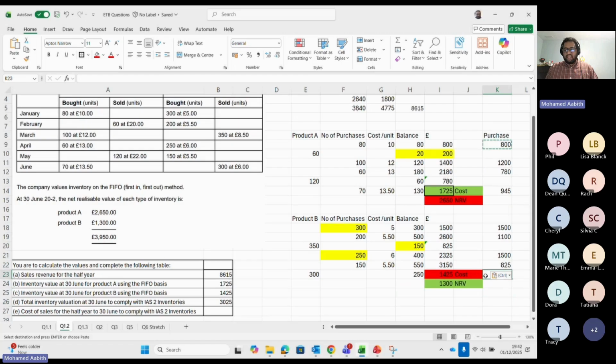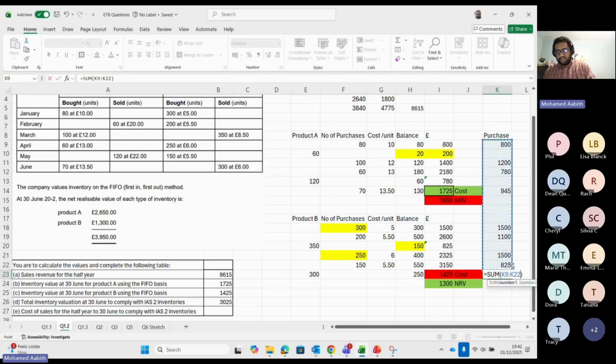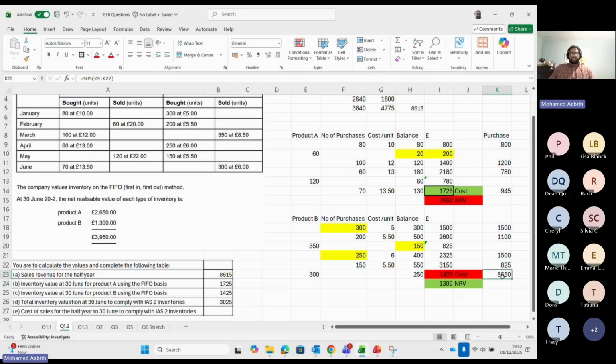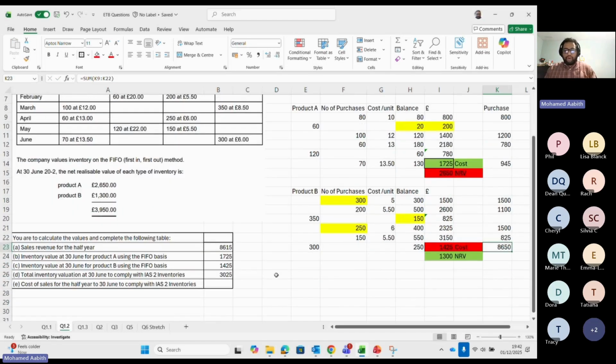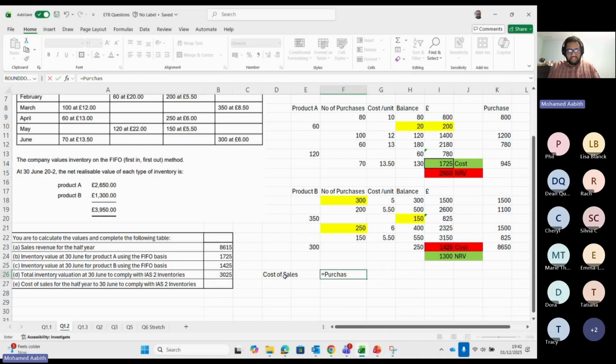So let's say here, what is my total purchase? So here, all of those numbers will give me my purchase. So what are we going to do now? We're going to say revenue. But they didn't ask you that. We just want the cost of sales. Cost of sales is going to be equal to purchases minus closing inventory. In this scenario,